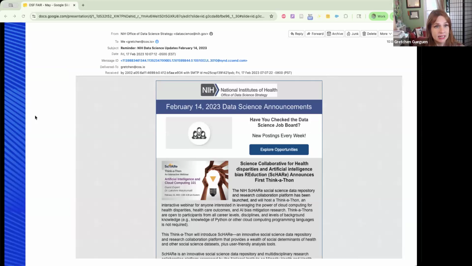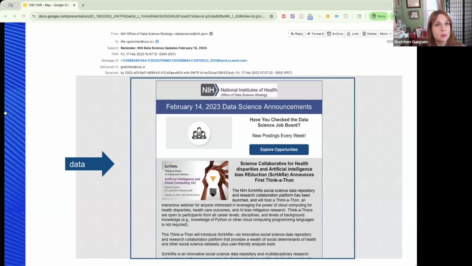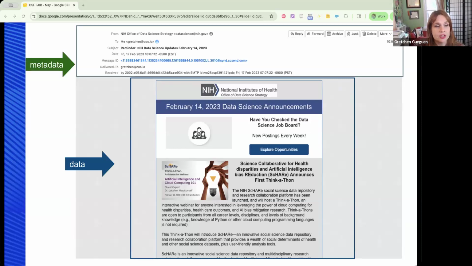Sometimes metadata is hidden or embedded in something, created as a byproduct of the system that creates it. So, for example, an email is data, right? But it also has a header with information about who sent it and when. But there's also actually more information in that header than you may realize. There's hidden metadata that tracks identifier numbers and IP addresses, and you can see it if you choose to look at the full header. But sometimes we don't necessarily see all the metadata that is available or embedded with an object.